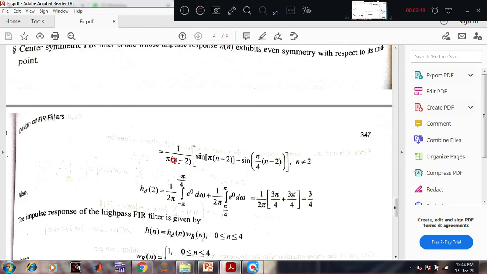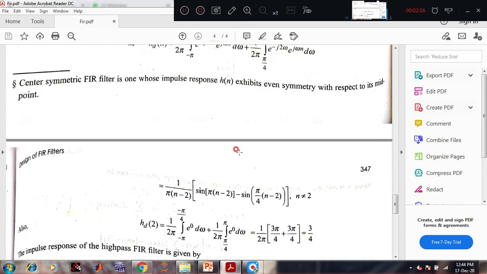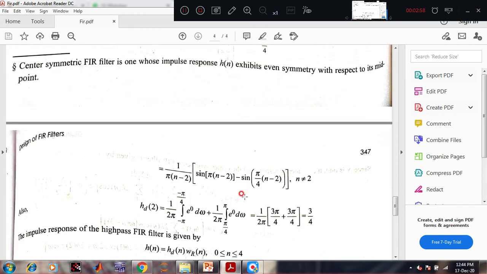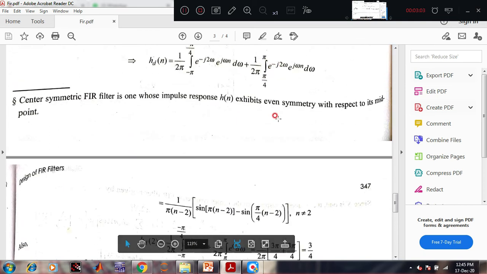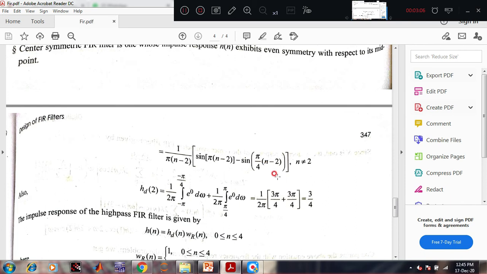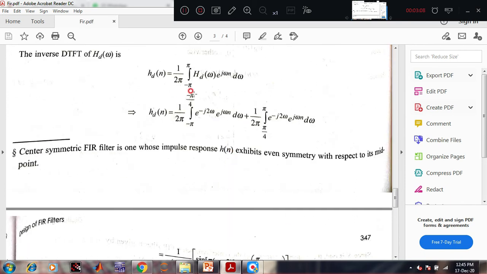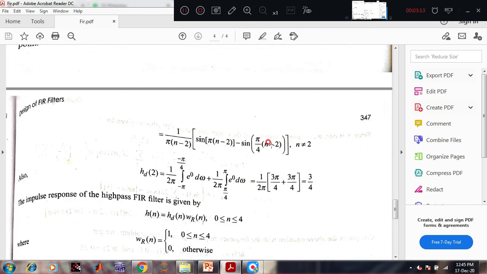It is 1 divided by pi times n minus alpha, sine of pi times n minus alpha, and here it is minus because we have another integration here, and for this one it is sine of pi by 4, because if you take the difference you will get pi by 4. So it is sine of pi by 4 times n minus 2, divided by pi into n minus alpha. So alpha is equal to 2, and when n is equal to 2